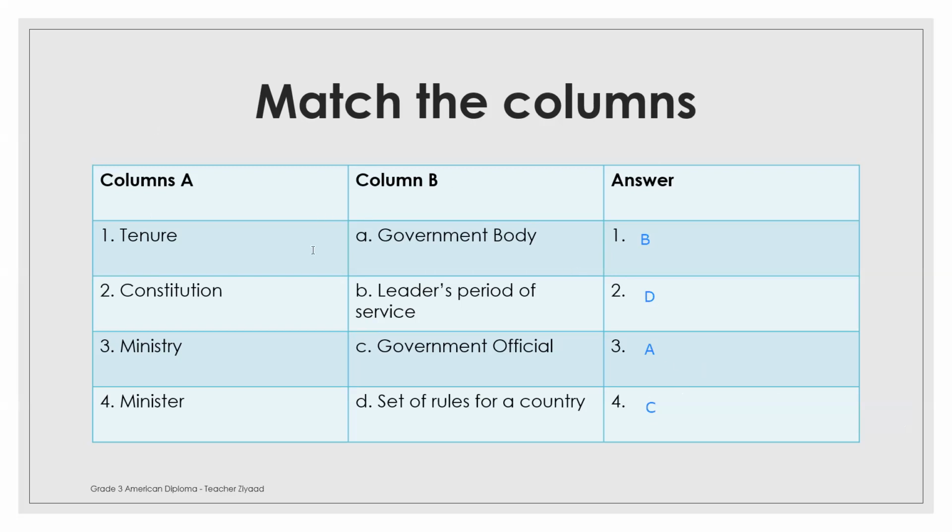Make sure you go through the definitions of these words on page 76 in your student book, and 77 as well as page 78. If you know those definitions, you'll easily be able to answer this on your own. In your activity book, next to the page where you'll find these questions, you will see a homework page. You need to find information on a leader in your country. So maybe research some information about King Salman and fill that in.